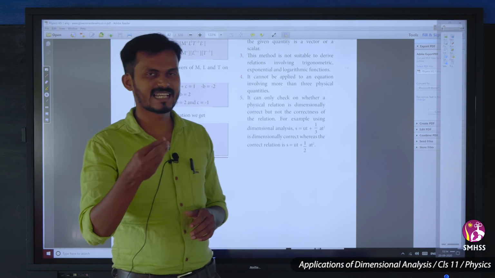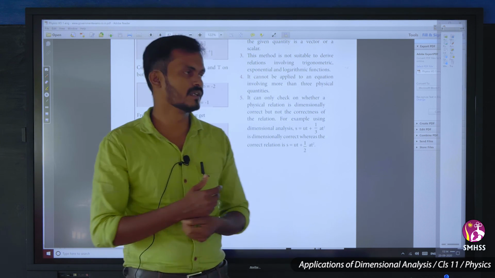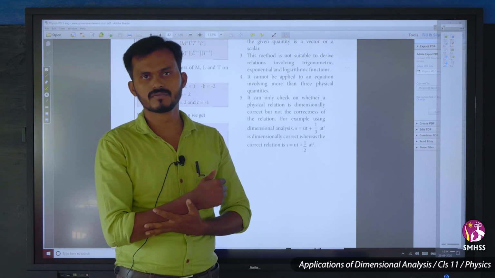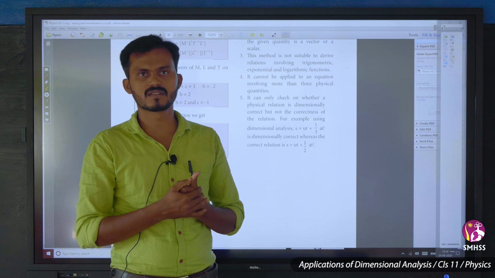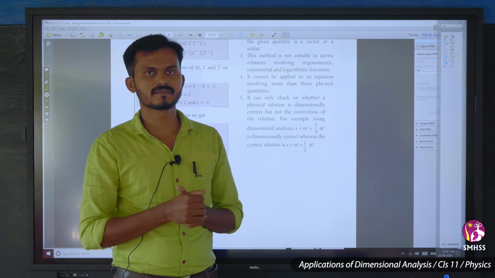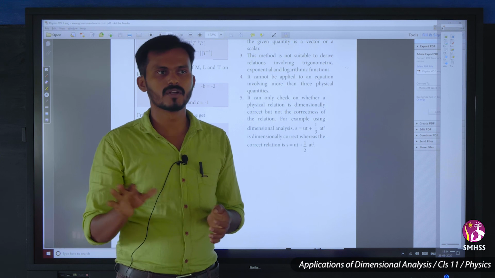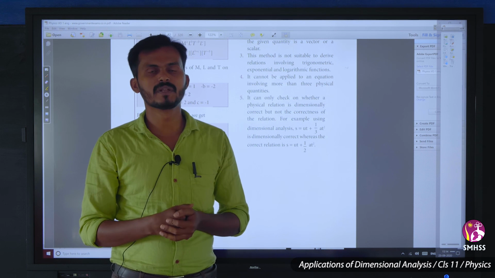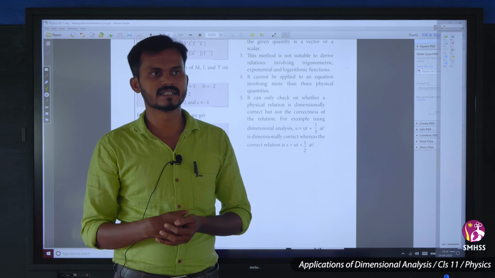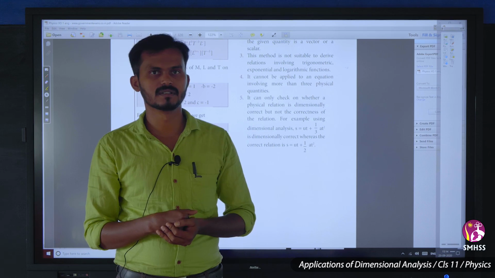In the next class we will start with the second chapter, or we will do the exercise, or we will solve a few problems related to significant figures, rounding off and other things. Meanwhile, I will send the homework as well. Try to complete all the homework, and if you have any doubt, you can text or send SMS through your school number. Yes, thank you.